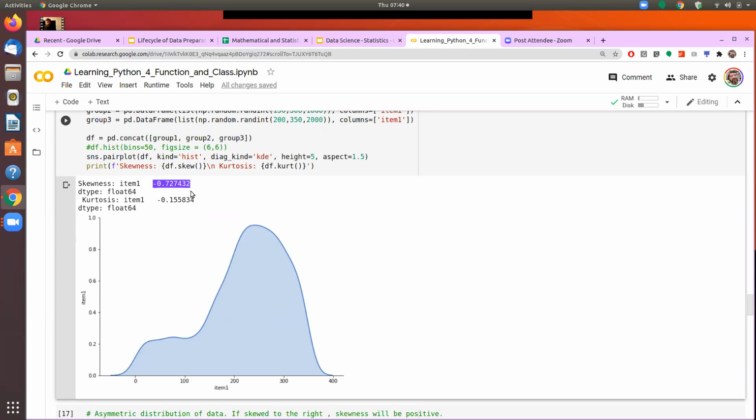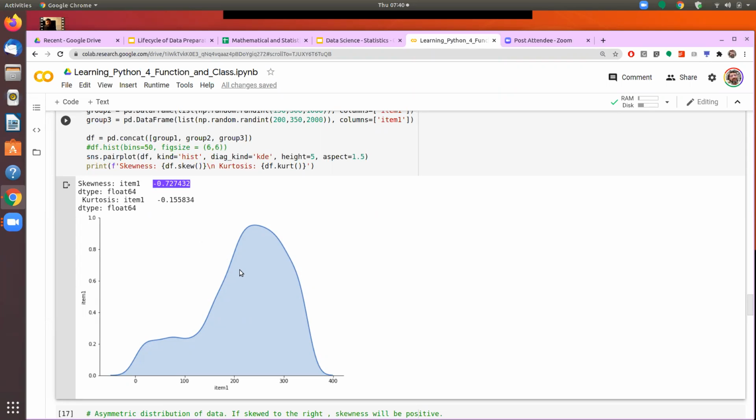Now, typically the benchmark that we take is that if this skewness number or even the kurtosis number is going beyond plus or minus 1, then we say that this data set is not really a normal data set. So the data set will be called a normal data set if the skewness and kurtosis both are either 0 or very close to 0, then we will say that my data is normally distributed. But if the data set is left distributed, the skewness number would be negative.